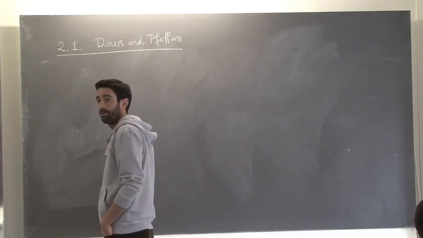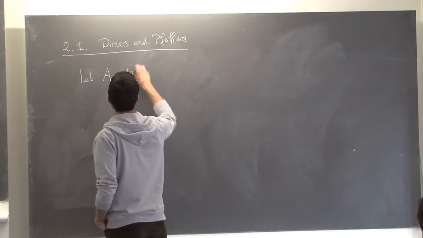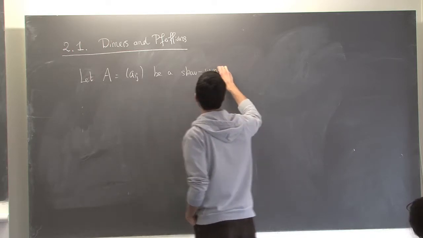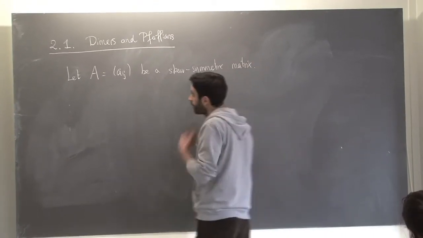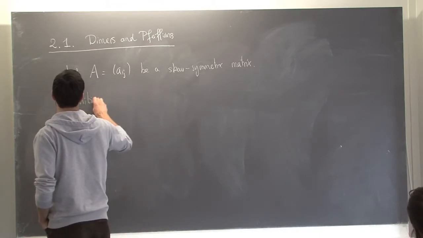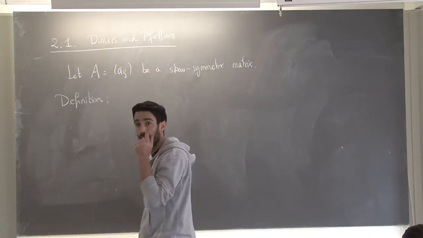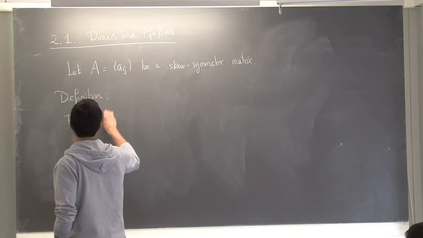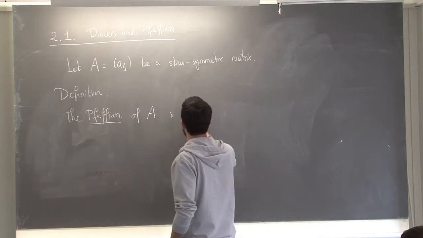Okay, so we need to do a little bit of linear algebra first. Let A be a skew symmetric matrix. I will introduce, or recall, what is the Pfaffian of a skew symmetric matrix. You might know already what this is. So the Pfaffian of A is defined as